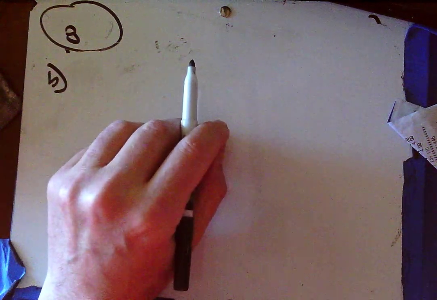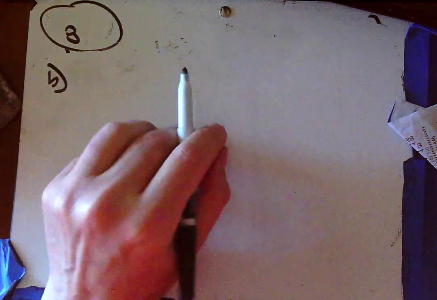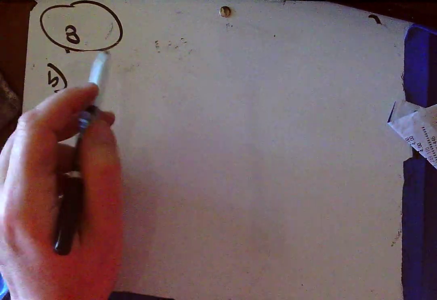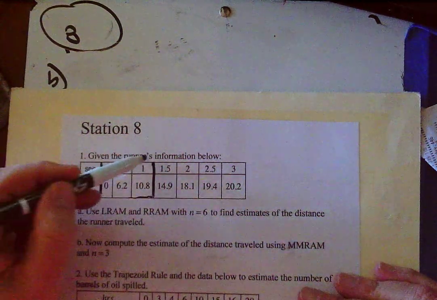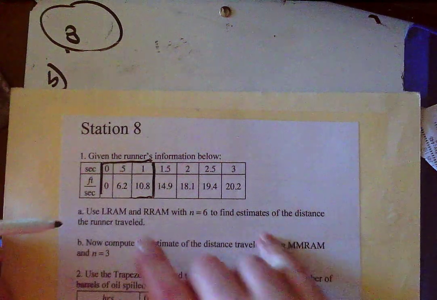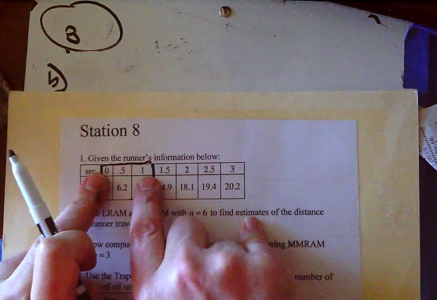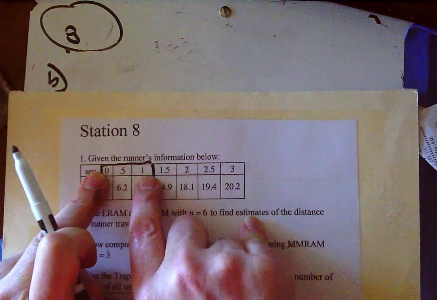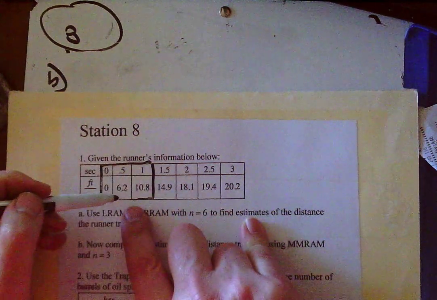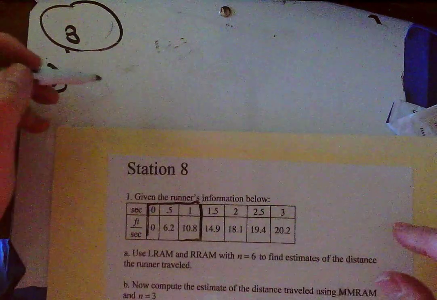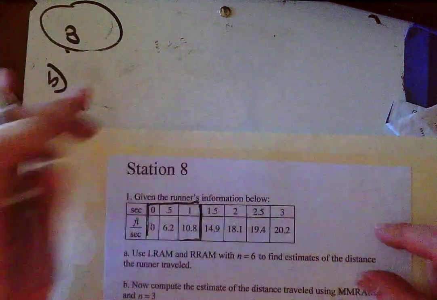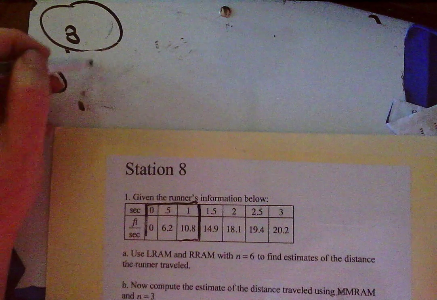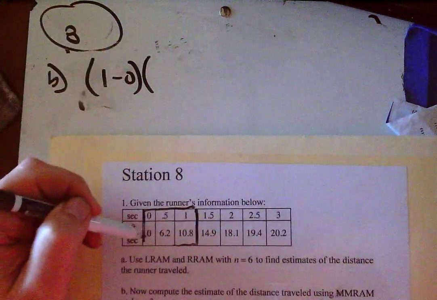B says, in station 8, now compute the estimates of the distance traveled using MRAM, but only 3 subintervals. And why are they doing that? Well, so that's one of my intervals. In order to use MRAM, I need to know the value that's halfway from A to B. Well, halfway from 0 to 1 is 1/2. And so I actually know that height. So my subinterval width is going to be 1 minus 0 times the middle height,